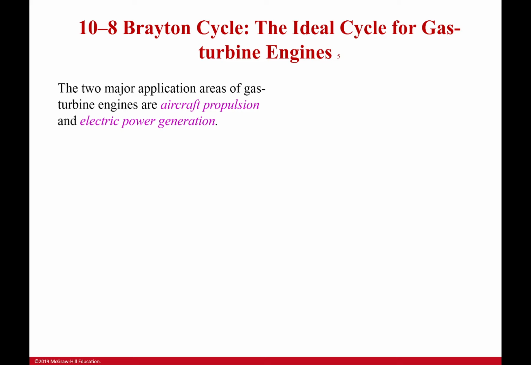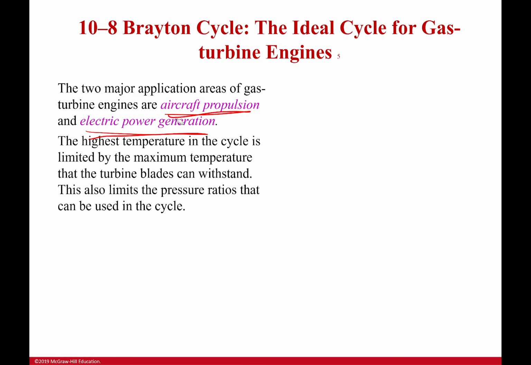Okay, let's continue on our way through the Brayton cycle. There's a lot here. So the two major application areas for gas turbine engines are one, aircraft propulsion, and two, electric power generation, which affects pretty much everybody. Now, the highest temperature in the cycle is always limited by the maximum temperature that your turbine blades